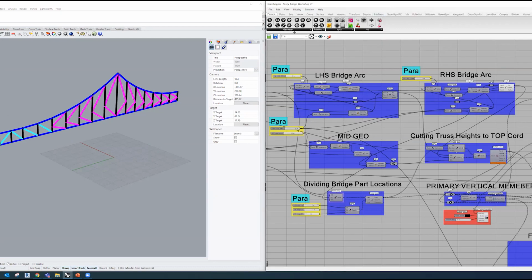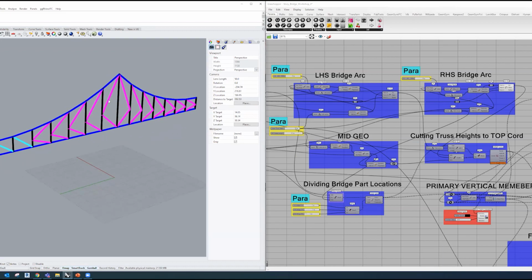Yes. Rhino and Grasshopper? Yep. Okay, cool. So